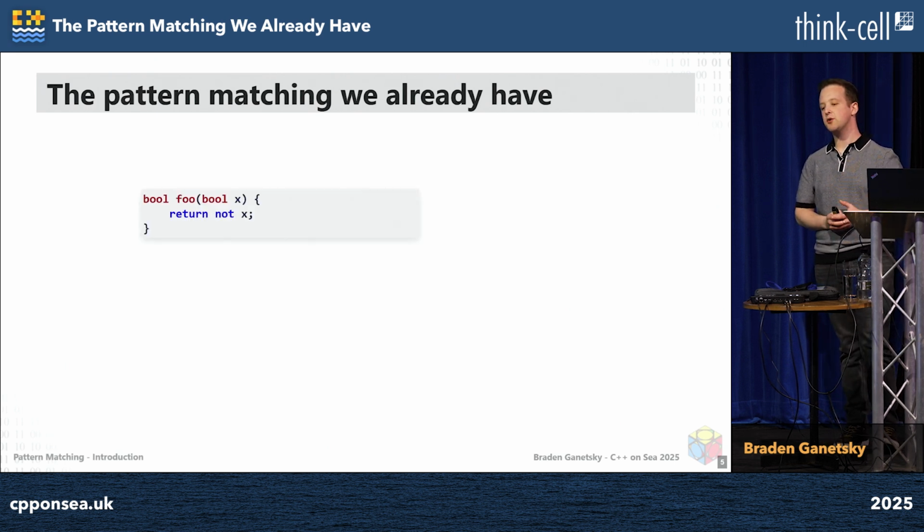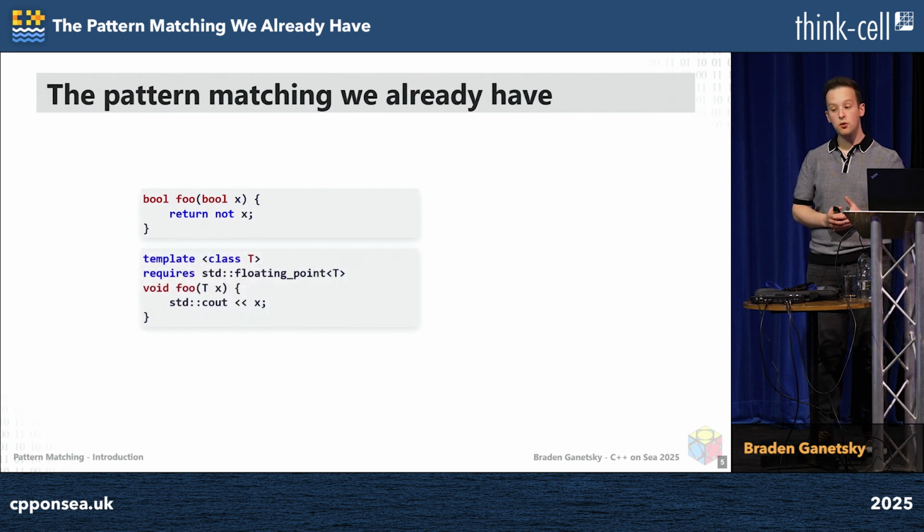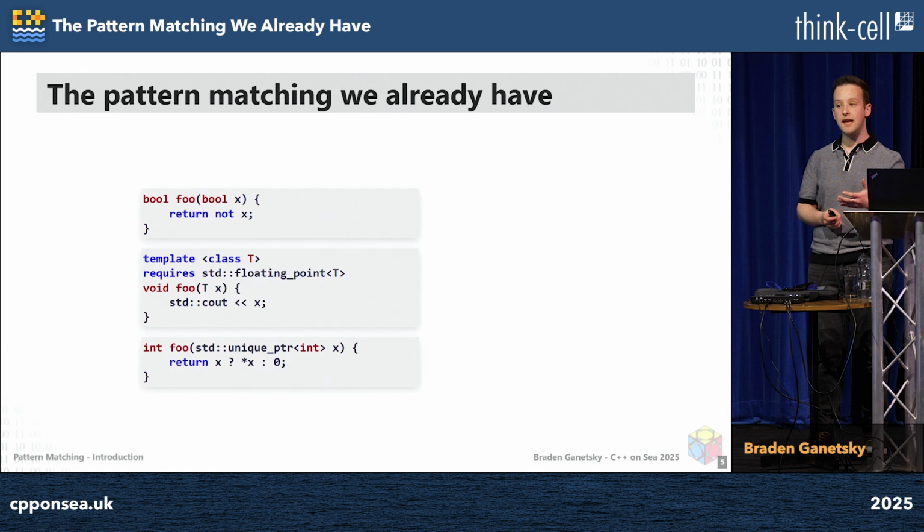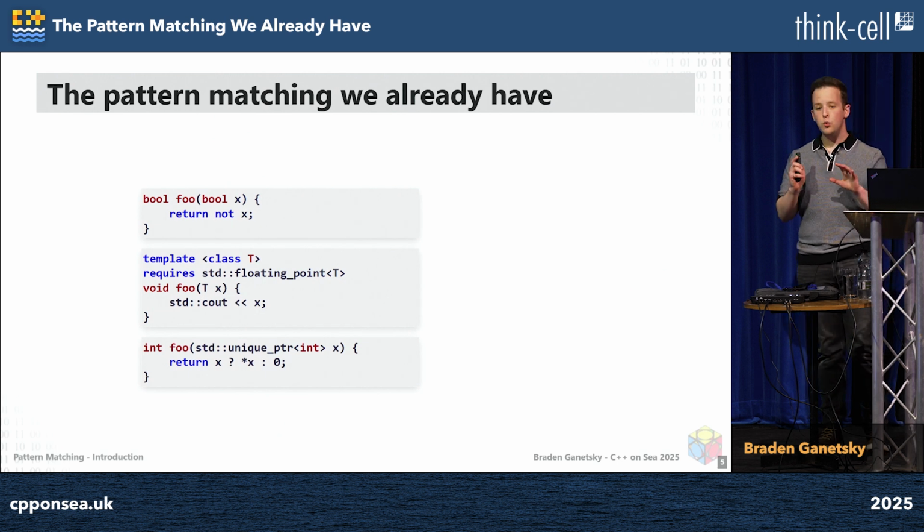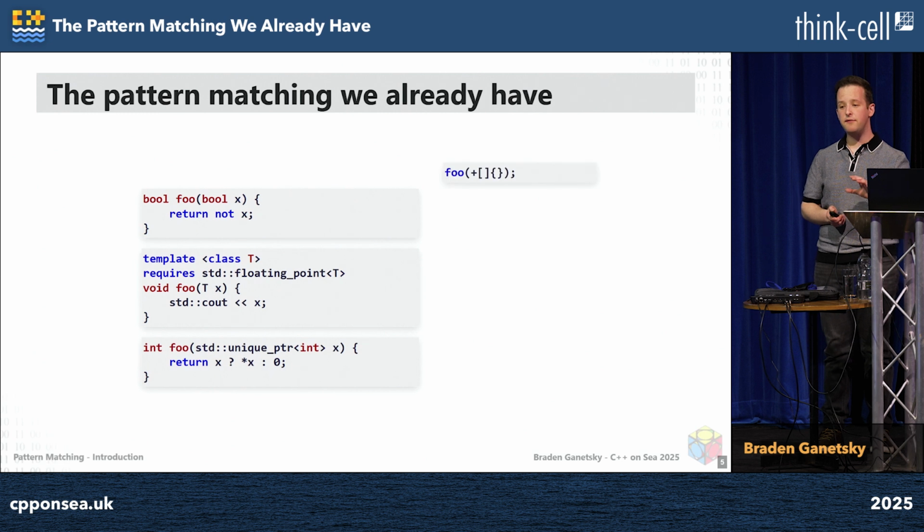So take this function right here. This is a function called foo. It takes in a bool and returns a bool. Here's a function template, also called foo, that takes in a floating point and returns nothing. And then here is a function called foo, taking a unique pointer and returning either what's stored inside that unique pointer or 0. Now, these are just example functions, but what happens if I call foo of some lambda turned